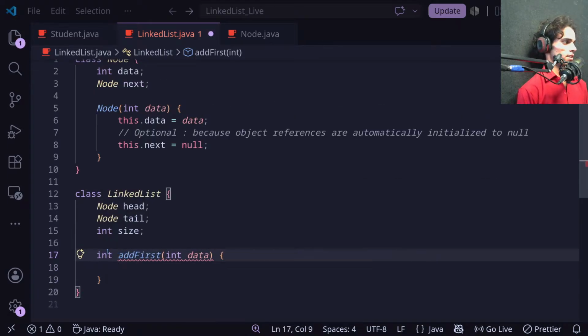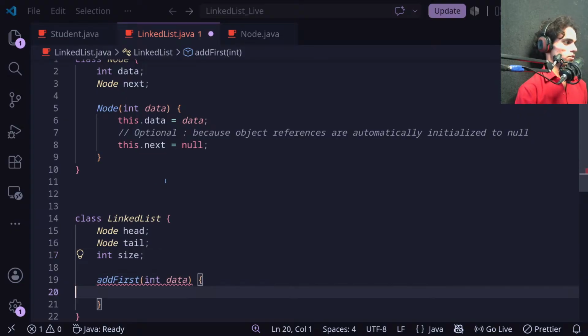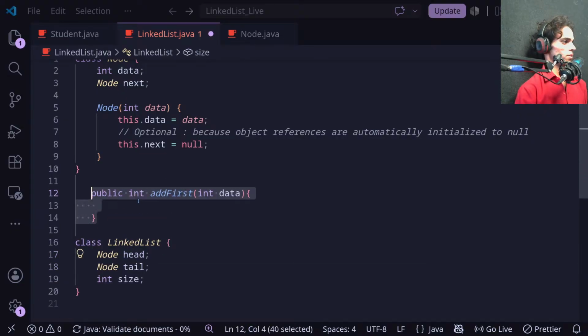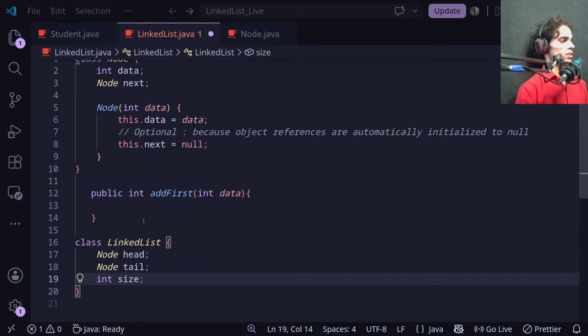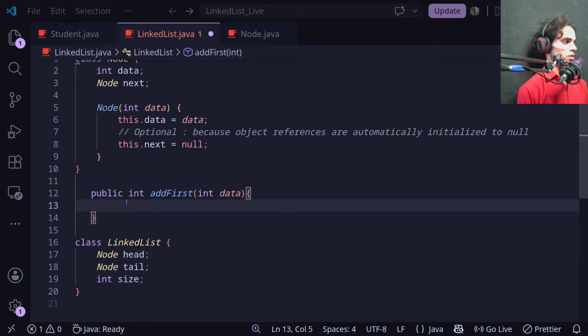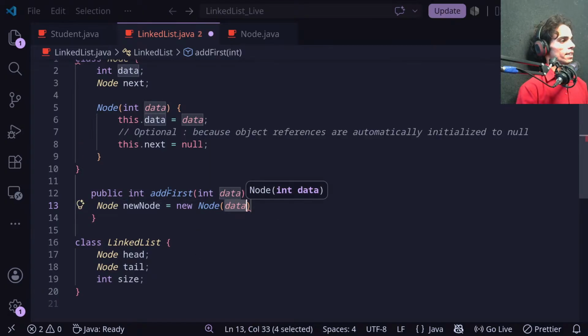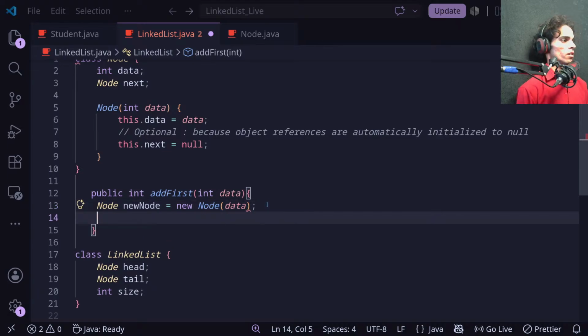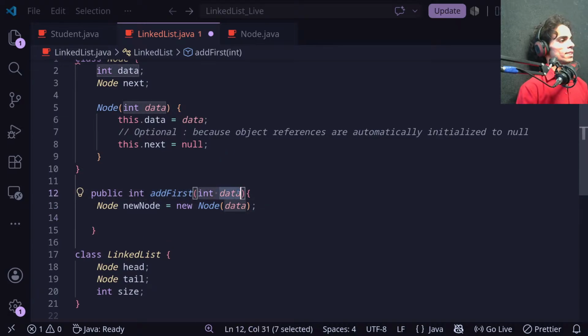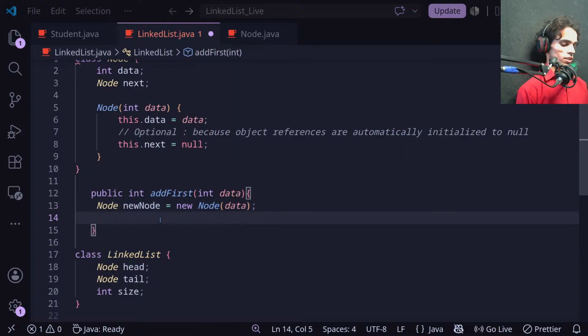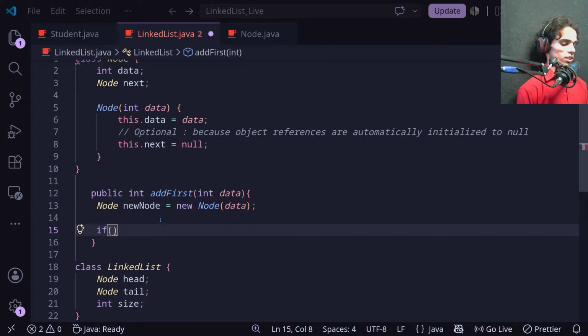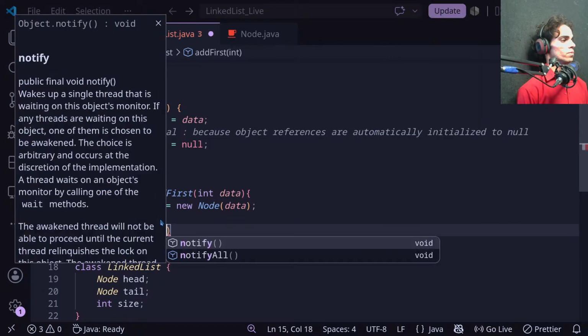Can we write this directly here? Let's write it directly outside for now, and let's see if we can access all these variables or not. So what we will do here, first we will create a new node. The new node will be equal to new node, and we'll pass the data we are getting from this add first. When we call this method, we will pass any int data, and then we will create a new node related to that data. Then our edge case, that if head equal to null,